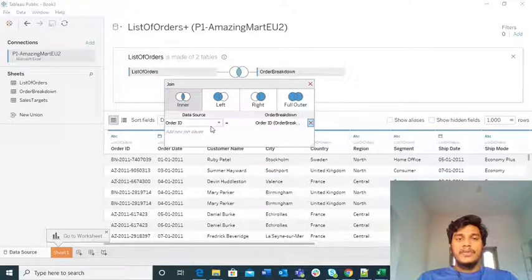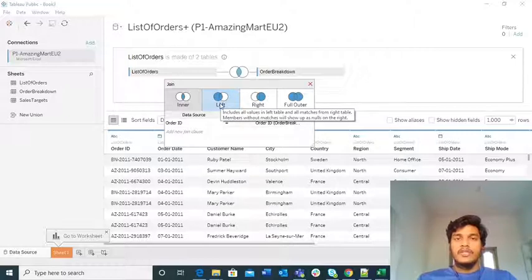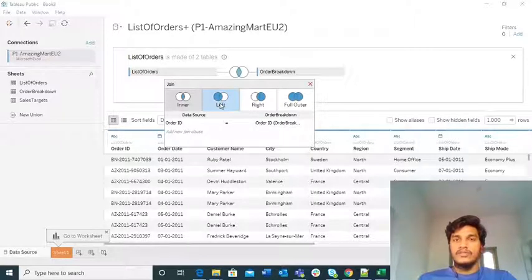So an inner join, based upon this equality, wherever that particular ID matches, prints only that particular record. But if you consider the left outer join, it prints the matching records that we have in both the tables, and along with that it will also print the non-matched records that we have in the left table, and for those records which have a non-matched value, it will print null values for the corresponding right side table values.